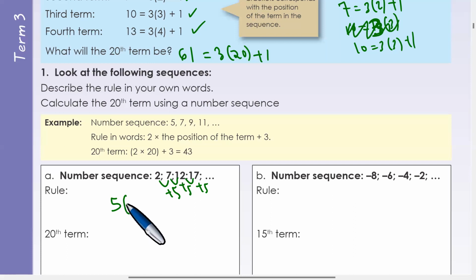So it becomes 5 into the position of the term. So because of that, you can say, like here, we're like 3 times the position, like fourth term is 4. So you can write here and say 5 into the position of the term